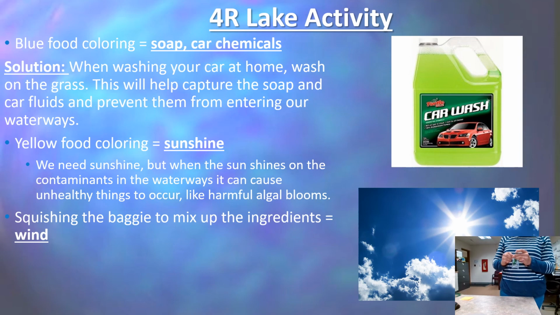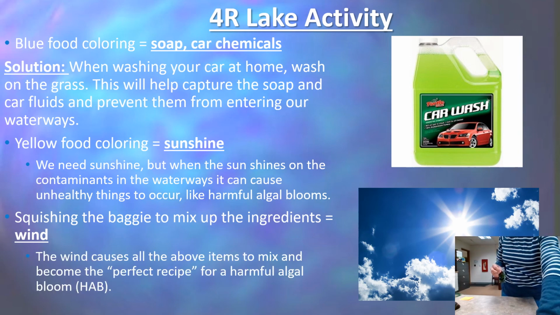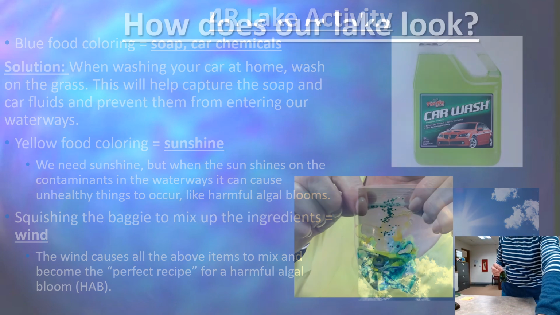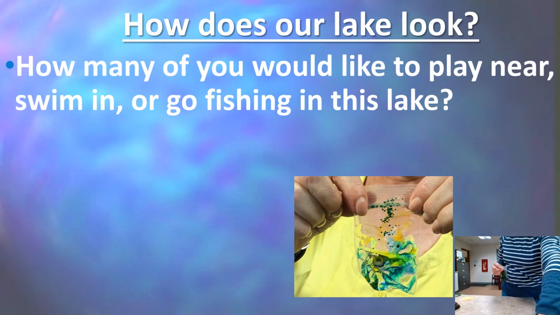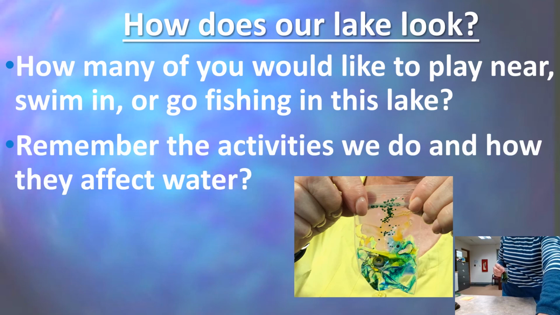Squishing this bag together is representation of mixing the ingredients up via the wind. The wind mixes these items to create the perfect recipe. Now, how many of you would like to play near, swim, or go fishing in this lake? Remember the activities we do and